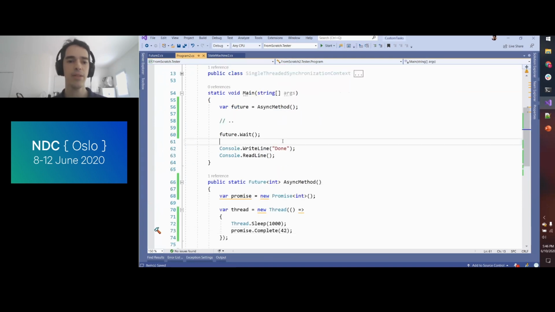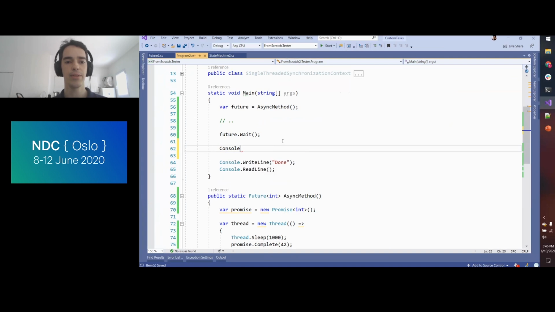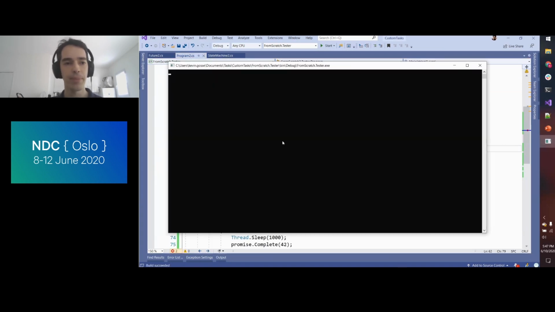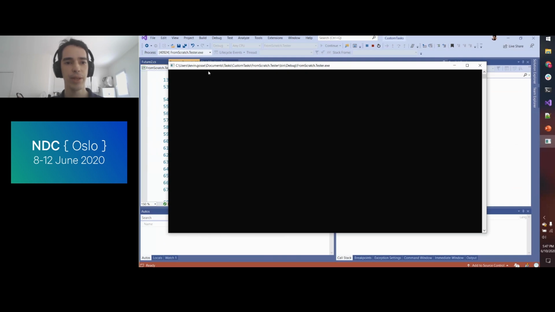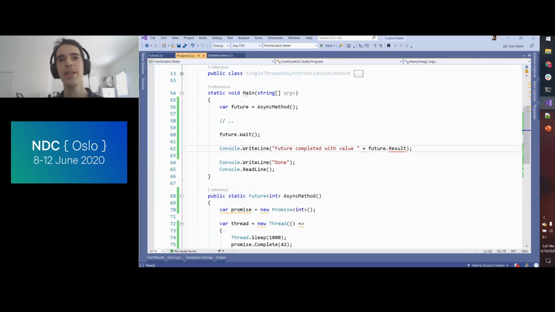And then from client side, we can say Console.WriteLine, future completed with value. And if everything works properly, then it should display 42. Hopefully. So there we go. So still nothing very impressive, but you already have the basic tools to do some async